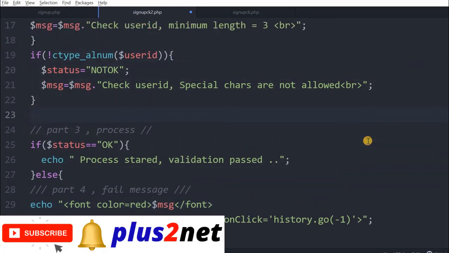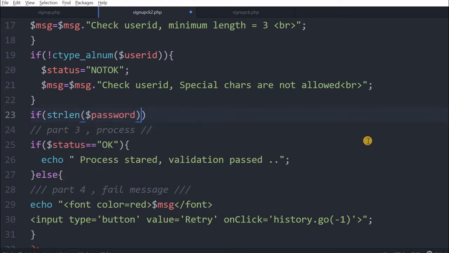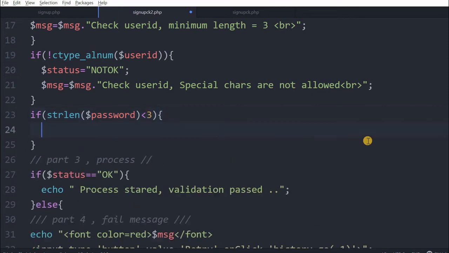So next thing we'll go for is the password. If strlen, now what you are checking is the length of the password. If password is less than 3, so fine, that's all. So in that case we will give an appropriate message.